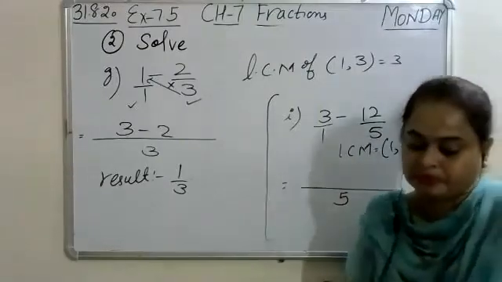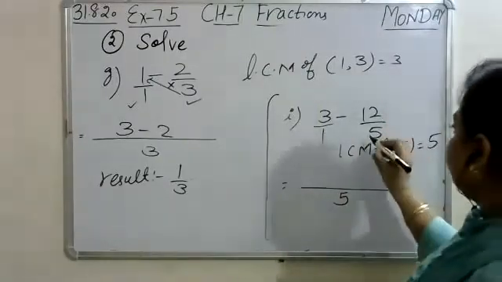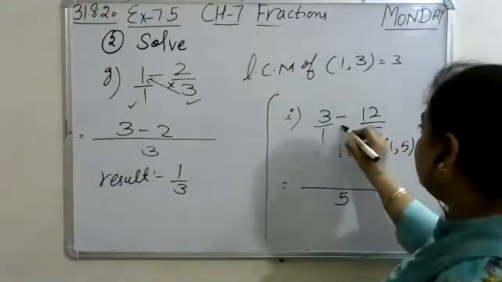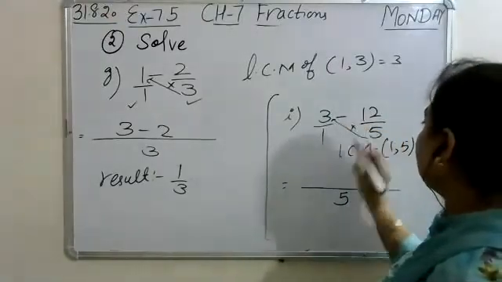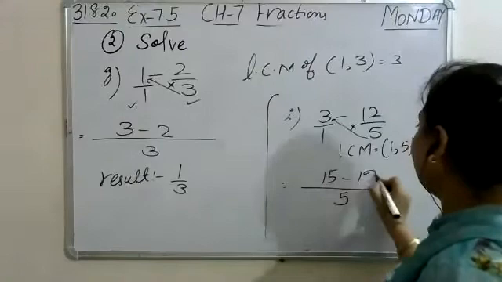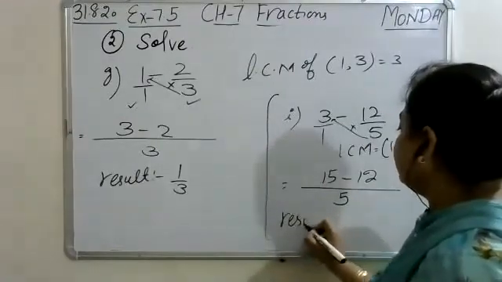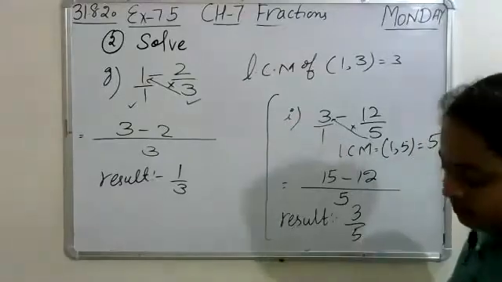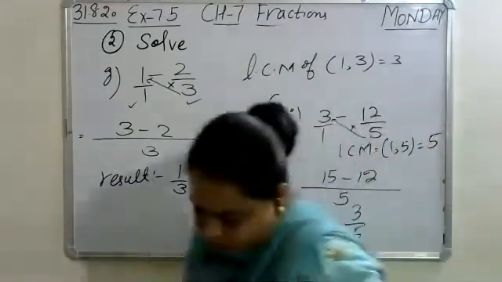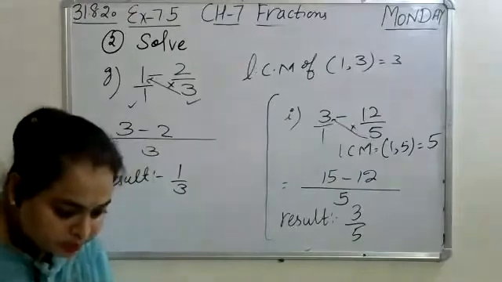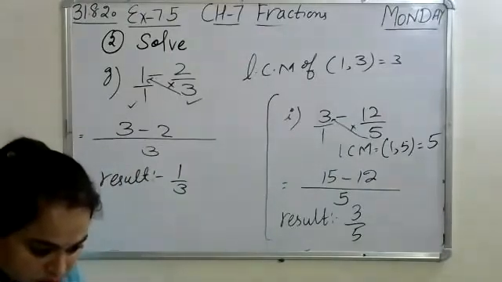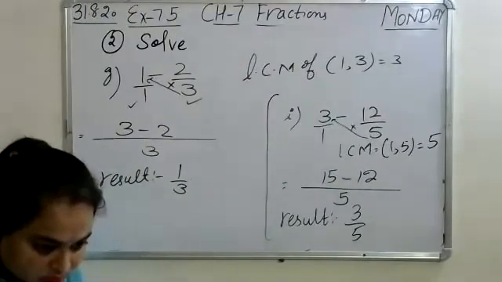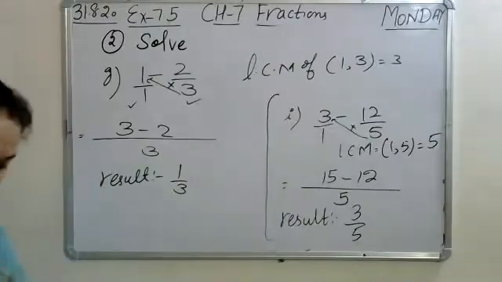And then we will multiply 5 by 3. Very good. 5 with 3. So 3 multiplied by 5, 15 minus 12. So the result is equal to 3 by 5. Well done. Very good. Note down, all of you. Well done. After that, we will start